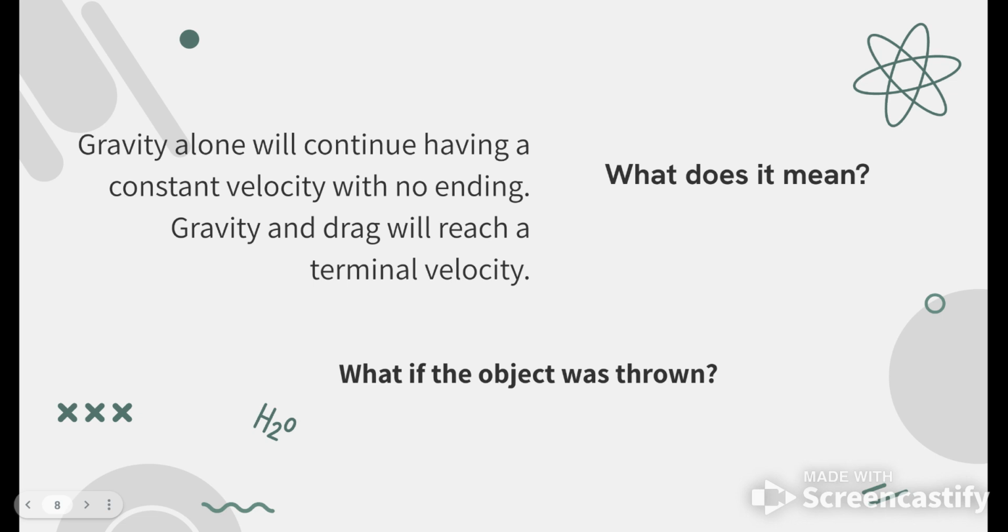So what if the object was thrown? If the object was initially thrown downward, it would reach terminal velocity faster due to its initial speed, but the terminal velocity itself will be the same as if it were dropped from rest. This is because terminal velocity is determined by the balance of forces of gravity and drag force and not by